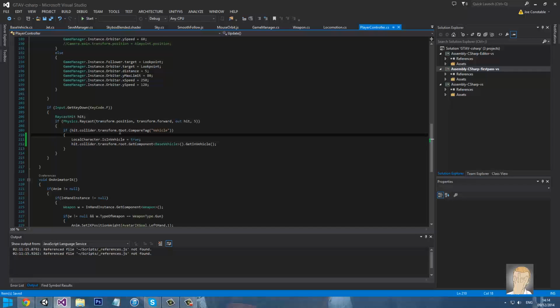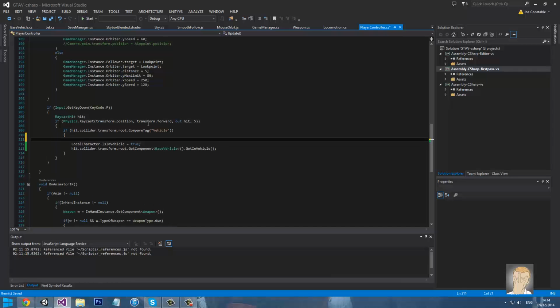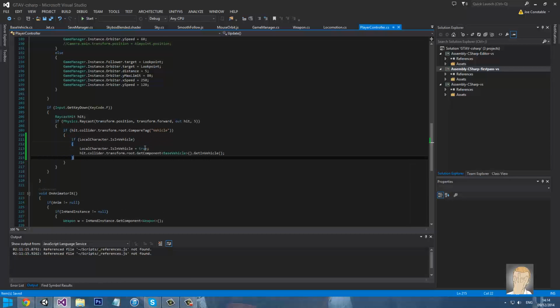So that sets us to being in a vehicle. But above that, we want to go if localCharacter.isInVehicle. So that checks if we're in the vehicle, and that says it's true. So actually, in fact, if we are in a vehicle,